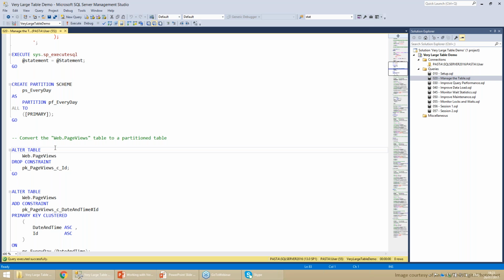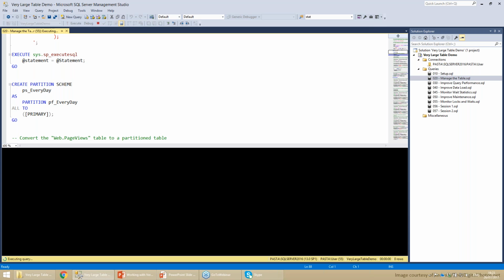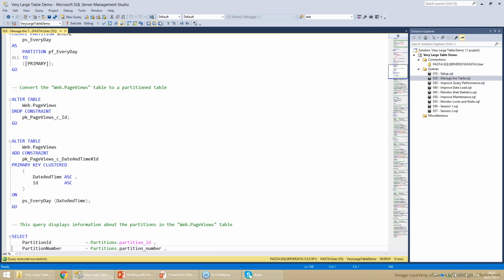Okay, but I'm going to demonstrate this approach. I have a primary key, which is the clustered index right now, so I can't just drop the clustered index. I need to drop the primary key first. And then I'm going to add the primary key again.